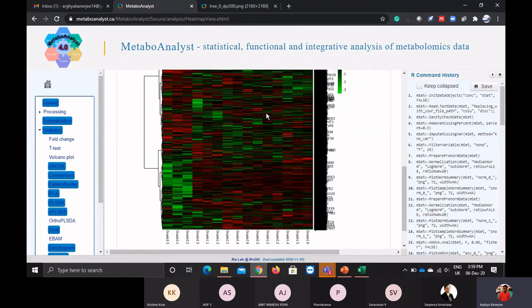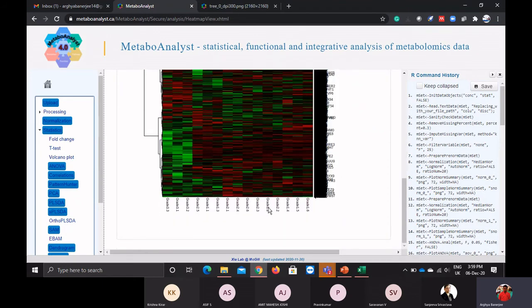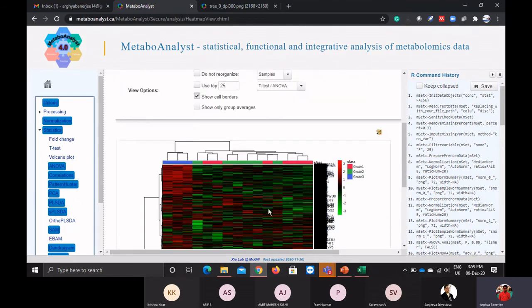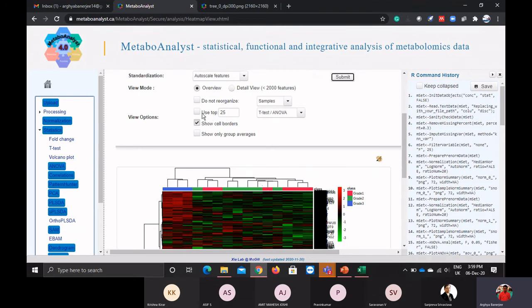So I think this may be 1.2. Yeah, see, this is also showing in the heat map. So this data is intermingling. Let us go for the features. Let us come to arbitrary features, the top 100. I want to see my top 100 features which are able to classify in this heat map